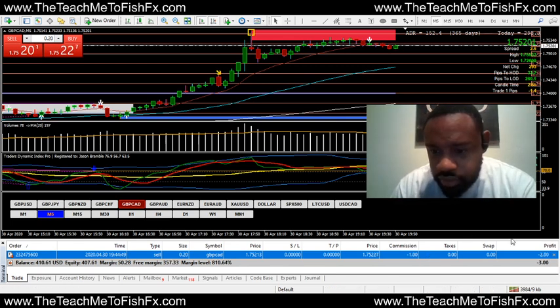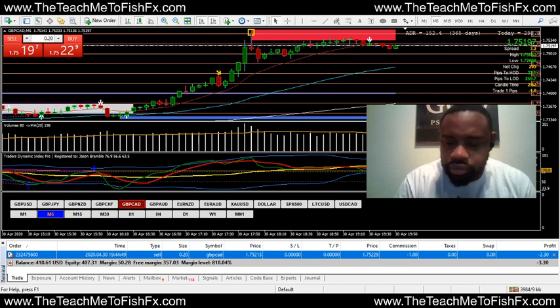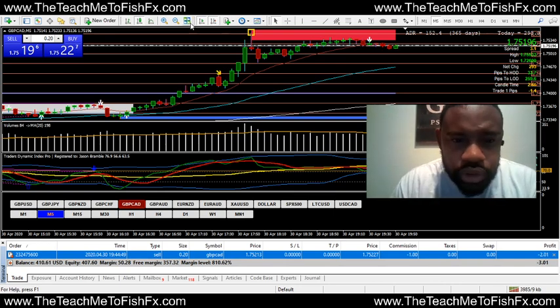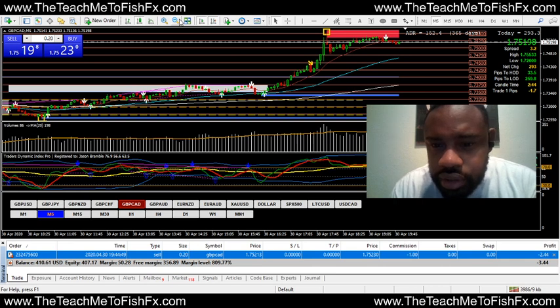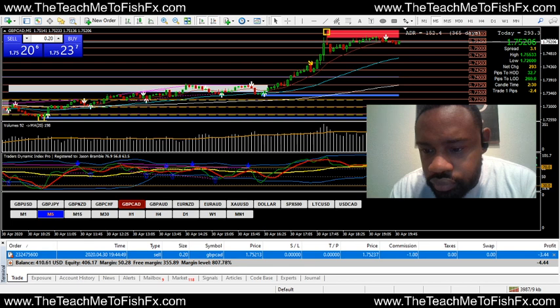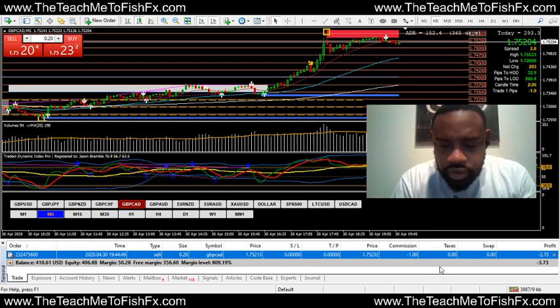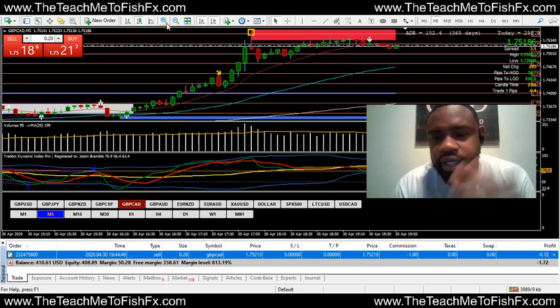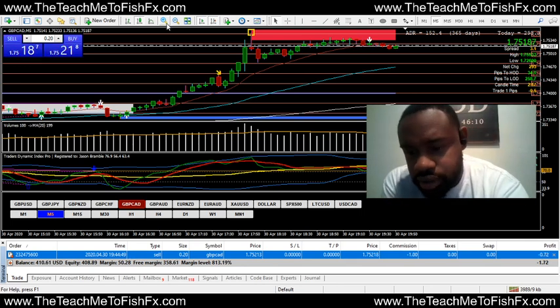Let's put that trailing stop, 10 pips. Let me make this a little smaller so I can see. I wasn't paying attention. I probably should have went ahead and took profit. So I'm changing this to an 8 pip trailing stop. That's what I should have had. I should have had it at 8 pips. Could have been in and out, but